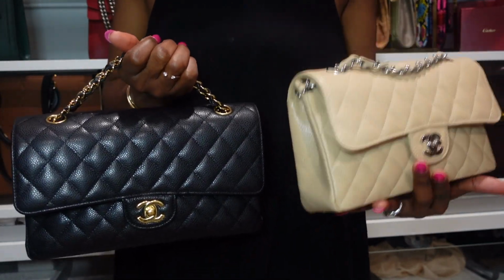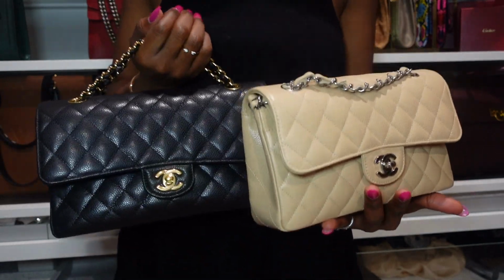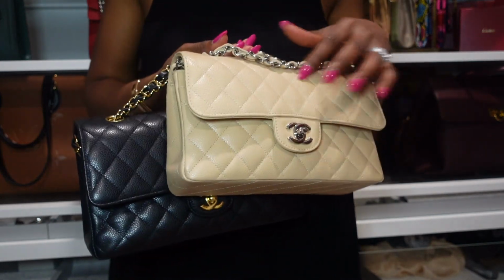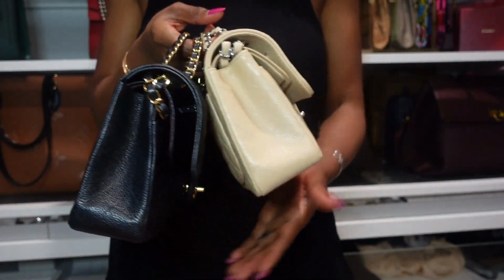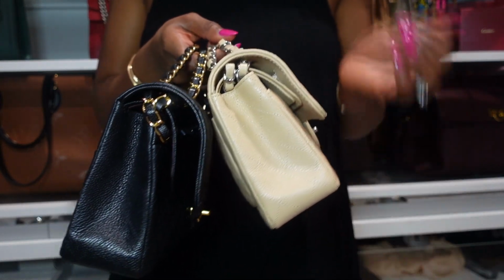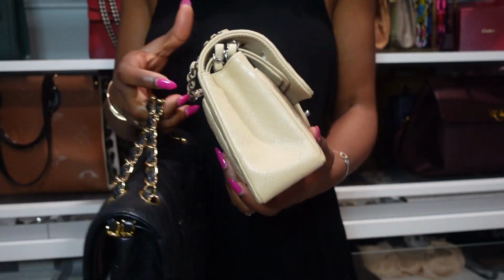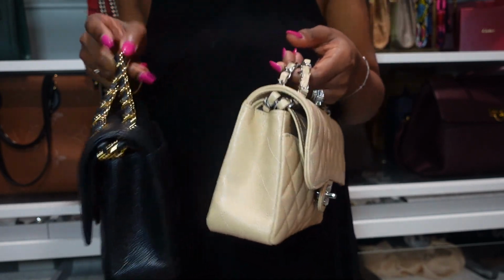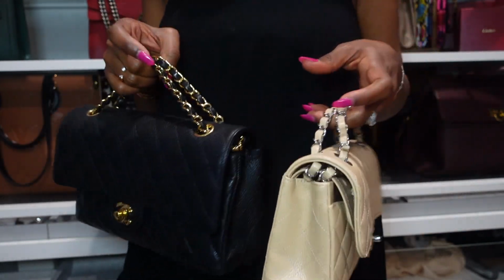Of course, with the price increases, I know honestly right now it is really madness thinking about purchasing these from the store. However, like I mentioned, please do your research. I have not purchased these two flaps from the resale market, so I have no idea on the quality. I haven't had any quality issues, and I'm grateful that I have not had that issue. However,